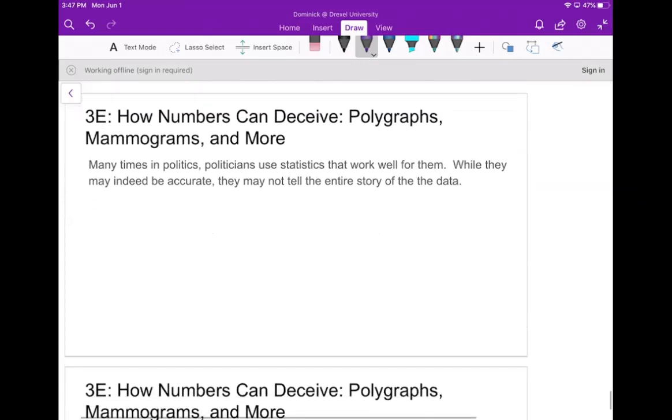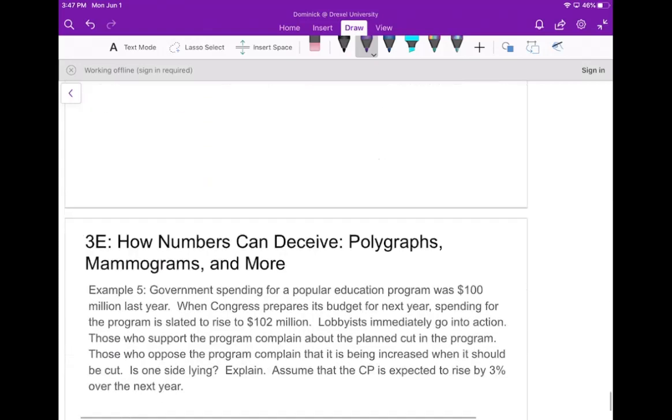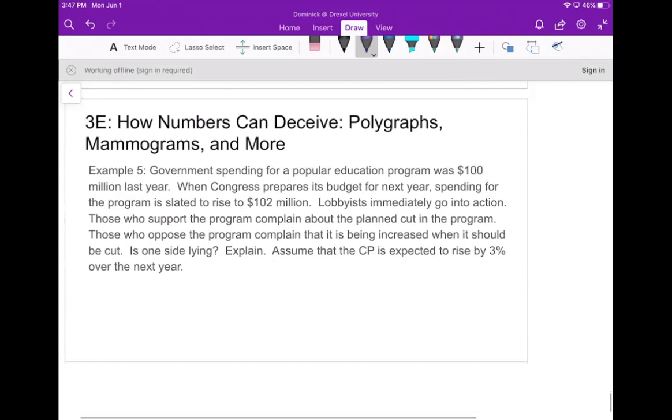Okay, so to finish out this, we'll talk about a couple more examples where numbers can be deceiving. And in this example, we'll talk about how in politics, politicians use statistics that work well for them, right? Now, of course, they could be accurate, but they might not tell the entire story, right? So we're going to look at that right now. Now, government spending for a popular education program was $100 million last year, let's just say. All right. Now, when Congress prepares its budget for next year, spending for the program is slated to rise to